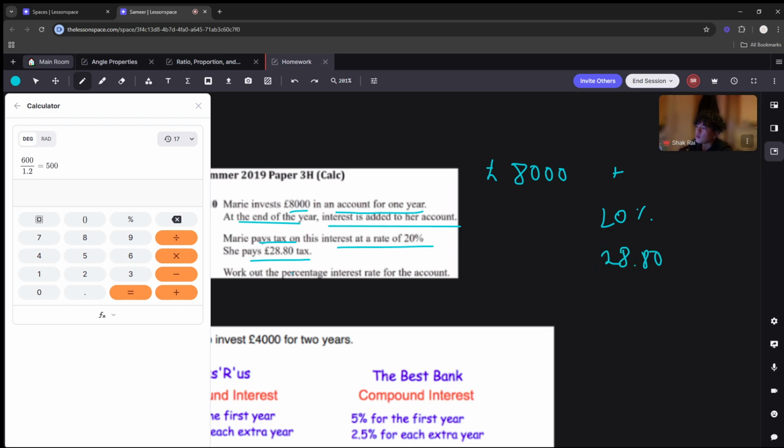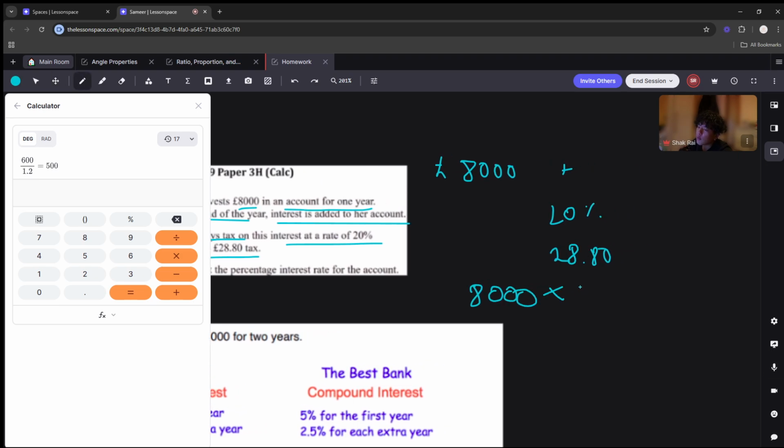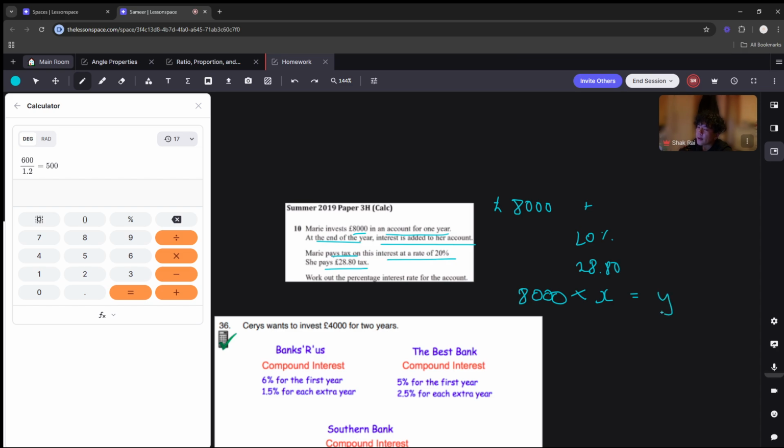So what is the percentage interest rate for the account? So 8,000 multiplied by, let's call it X, equals Y. And Y equals